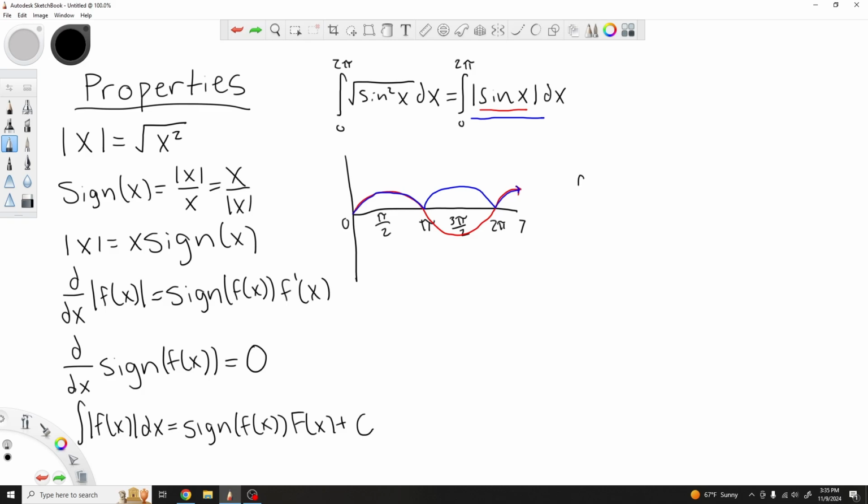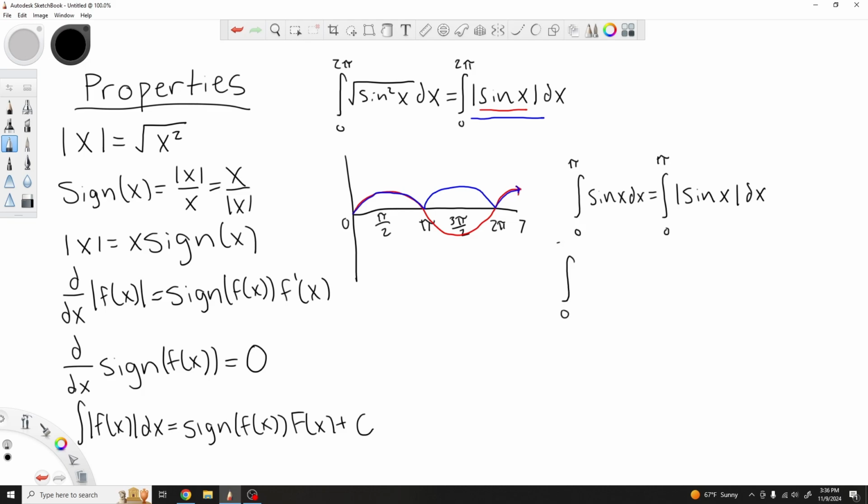So the integral from 0 to pi of sine of x dx is equal to the integral from 0 to pi of the absolute value of sine of x dx. And since the absolute value of sine of x repeats every pi distance, we can say that the